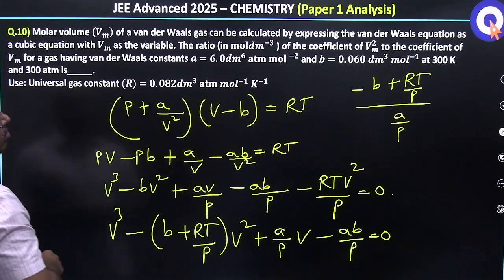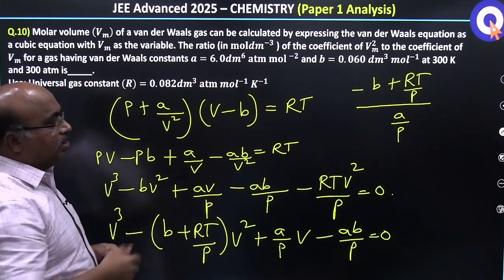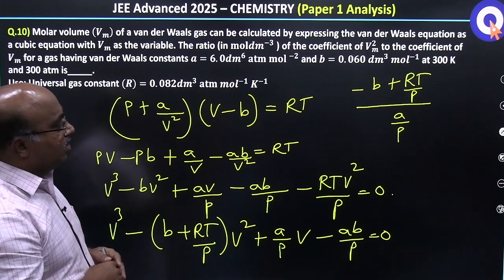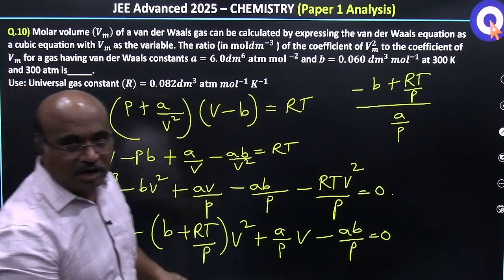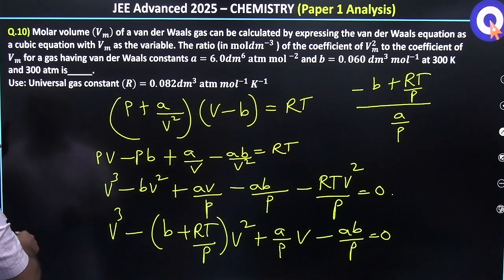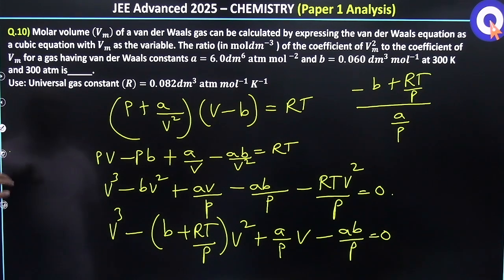So he gave A, B values, he gave the pressure, then substituting that, temperature is also there, directly we get the answer. So we are not solving this, just take the procedure. Next,